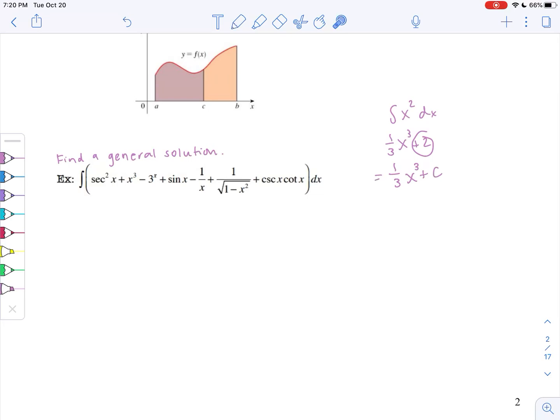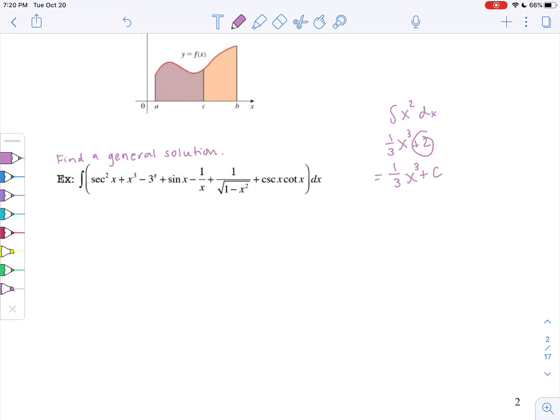So we said that there was a whole family of functions whose derivative, if I were to take the derivative of any function that was 1/3 x cubed plus any constant value, I would get back to the integrand inside. And so that's also finding a general solution. So a general family of functions will mean that we're doing an indefinite integral, and we have that plus c